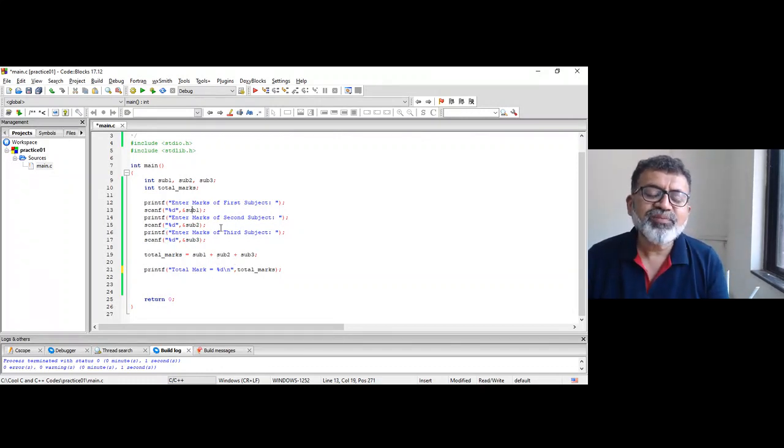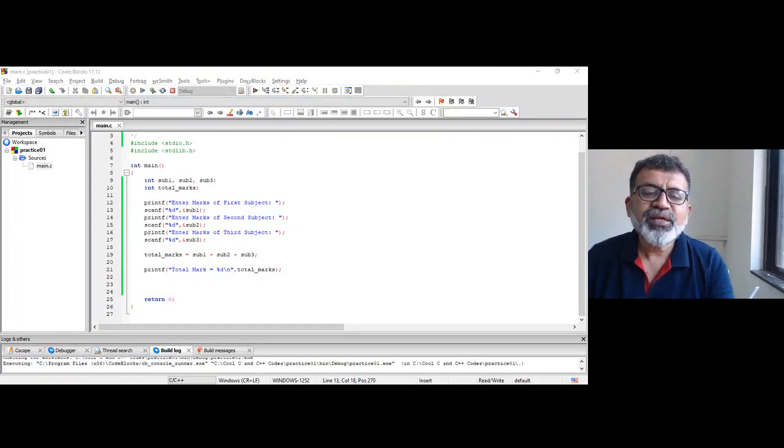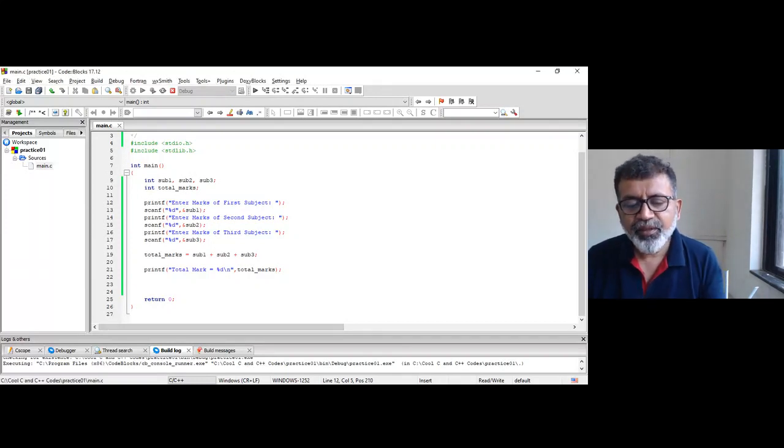So when this statement is executed, scanf is executed, scanf is waiting for that. Have you seen that? Printf gives you a message, and at this moment, when the program is executed, the control reaches here. After this, 4 bytes of memory, 4 bytes of memory, 4 bytes of memory, and 4 bytes of memory. So four variables have been given memory in the data segment. Control reaches this statement. This statement is executed, right?